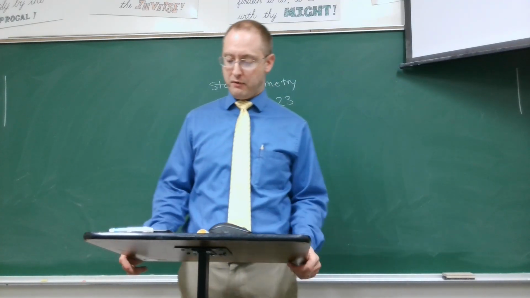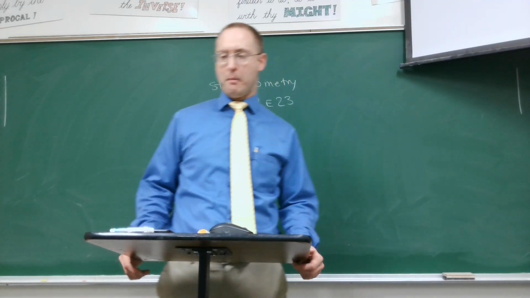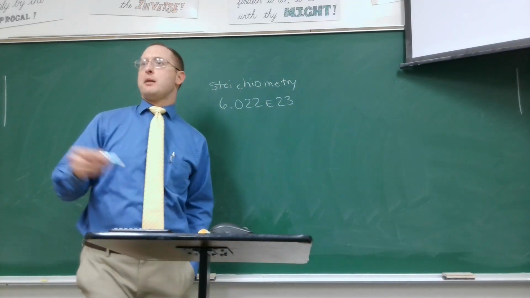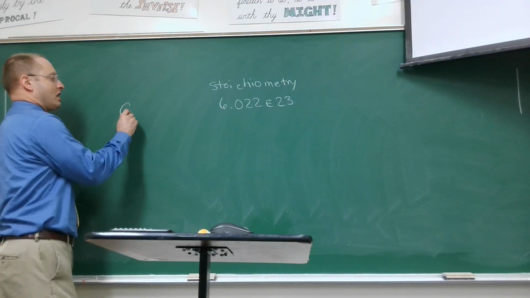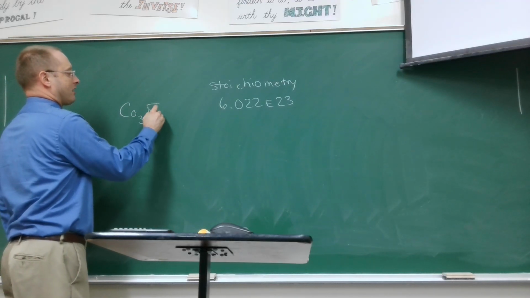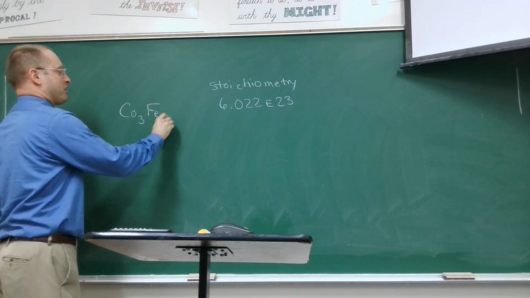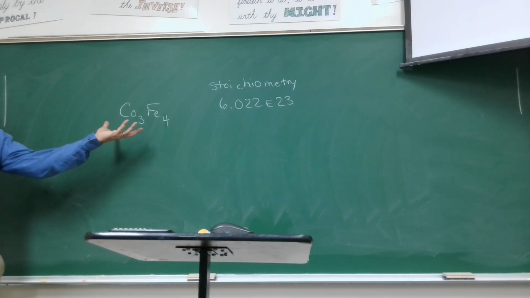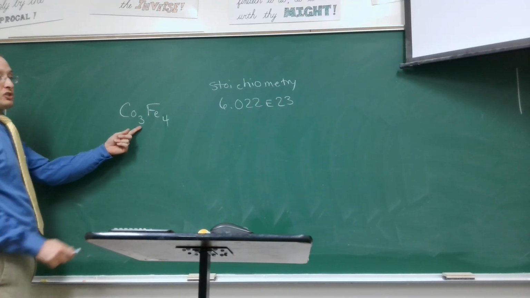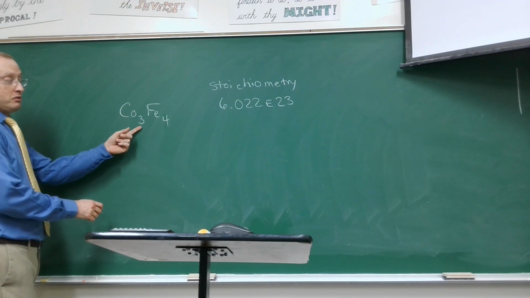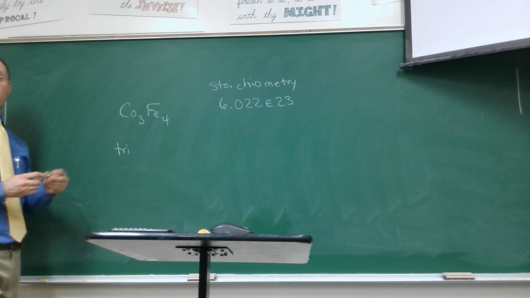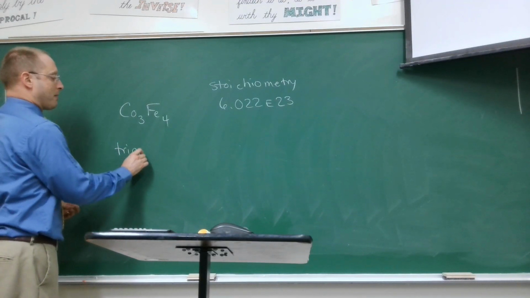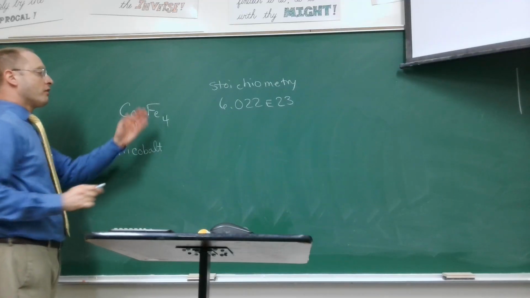We use those prefixes in naming molecular compounds. For instance, I'm going to make up something that probably doesn't exist. If I had something like Co3Fe4, I don't think this exists. If I'm wrong, I'll be shocked. But if we were naming this molecular compound, we would use the prefix tri, and then we know that Co is cobalt. We memorized that going back to the last test. Four is tetra,